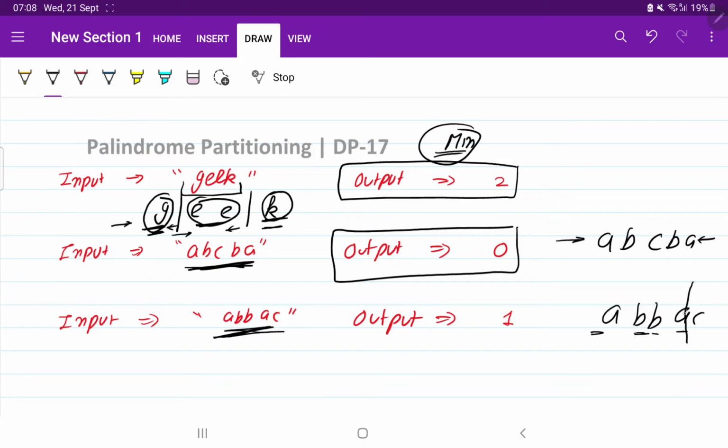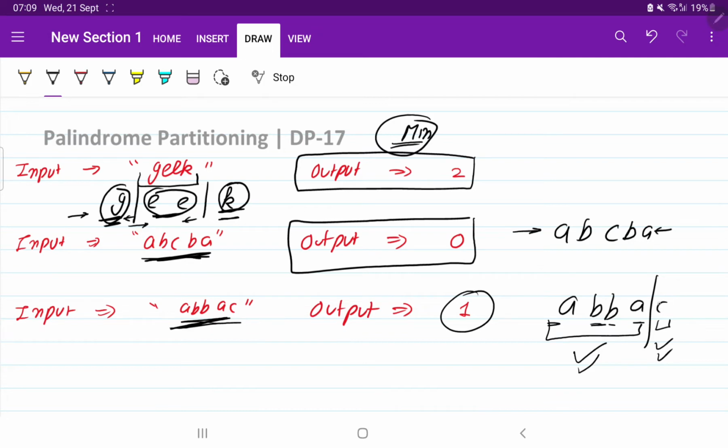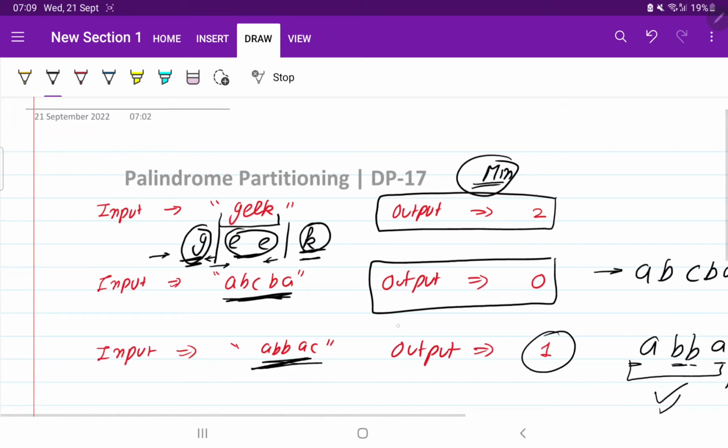If you do the partition from here, 2 strings are formed, and this is a palindrome and this is a palindrome. So the minimum number of partitions that we can do here is 1. And what will be the worst case? As the size of the string is 5, the maximum number of partitions we can do here is 4. But we want the minimum number, so here the output should be equal to 1.